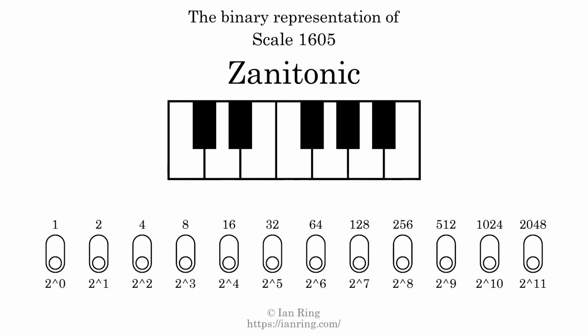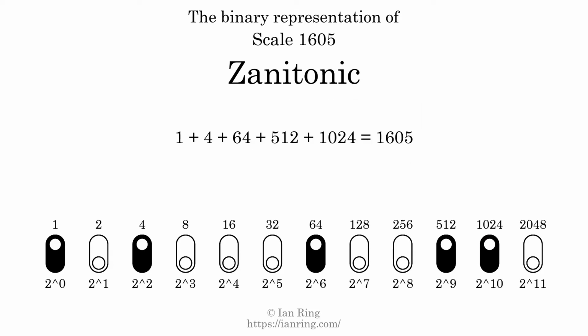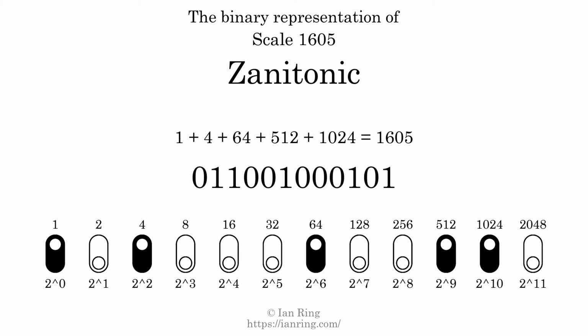The binary representation of this scale is determined by mapping tones of the scale to binary digits. Each binary digit represents a power of 2. To get the scale number, we add the powers of 2 together. The powers of 2 that are present in the scale, all added together, equals 1605. That is why the scale number, in decimal, is 1605. The scale number not only enumerates the scale with a unique index, but it also literally describes the tonal content of the scale. Represented as a binary number in base 2, the scale number is